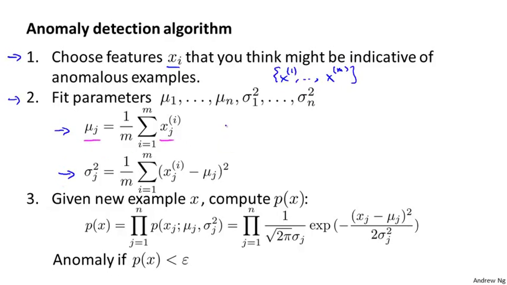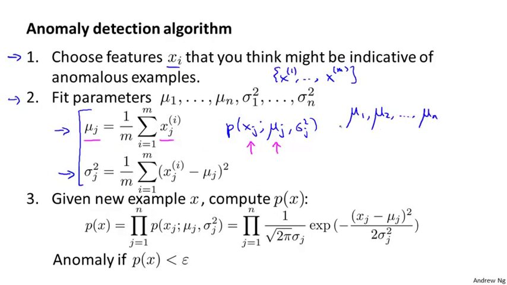So mu j goes in this term p of xj, which is parameterized by mu j and sigma squared j. For mu j, just take the mean over my training set of the values of the j-th feature. You compute these formulas for j equals 1 through n, so you use these formulas to estimate mu1, mu2, and so on, up to mu n,